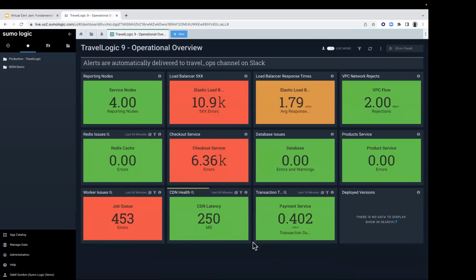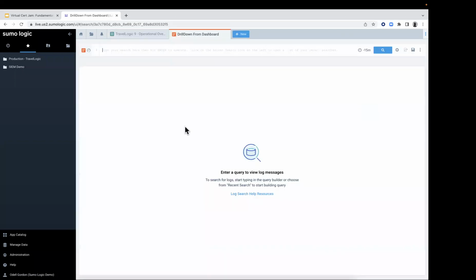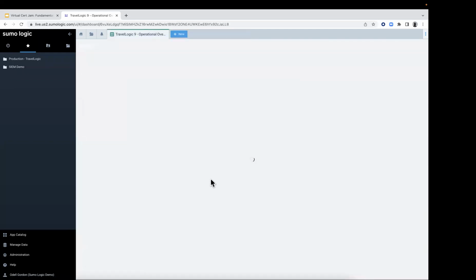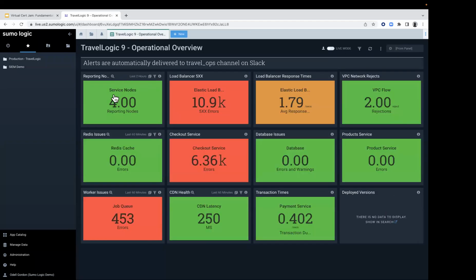What you're seeing here is a 12 panel dashboard. Each one of these panels has an underlying query, okay? I just clicked on one of the panels so you can focus on it. So each one of these dashboard panels has an underlying query, okay? So again, we have an outlier, we have an issue, we were alerted, it brought us to this overview